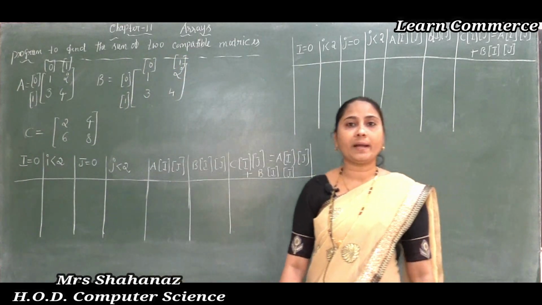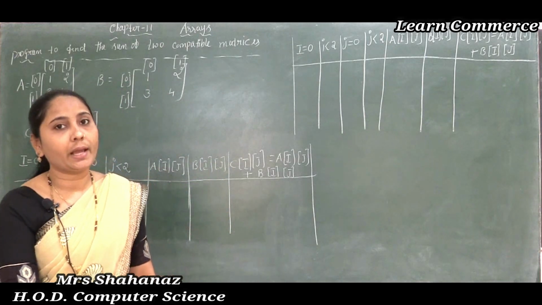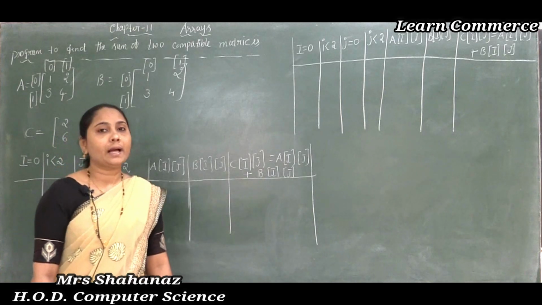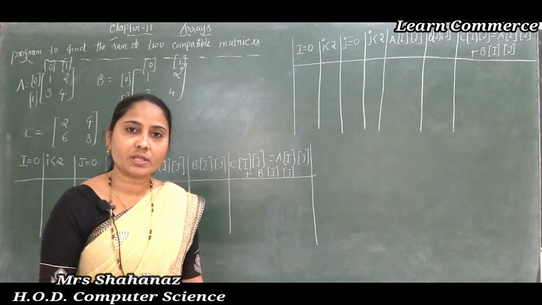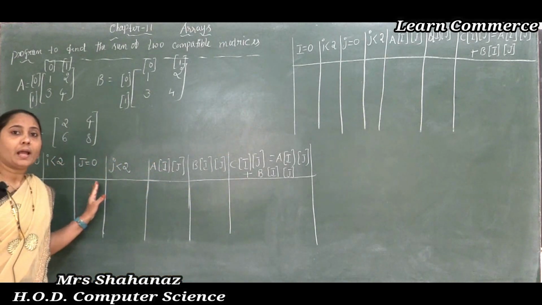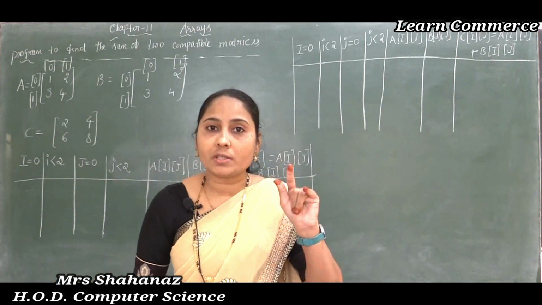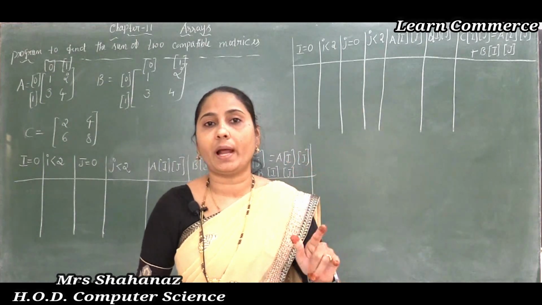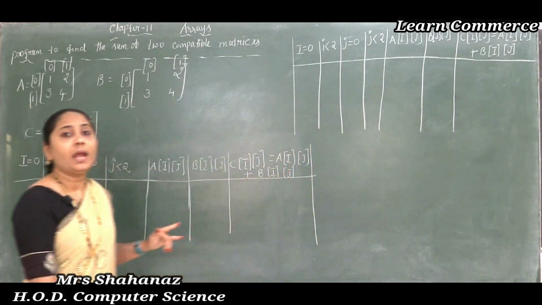Here two matrices are there, and we know about our two-dimensional array, we know the declaration of the two-dimensional array. That means our data type, array underscore name, opening of the square bracket, row size, closing of the square bracket. Again we need to open the square bracket, column size, closing of the square bracket, semicolon. Correct? Because in the case of our two-dimensional array, we should know the row number and the column number just to identify any element of the array here.